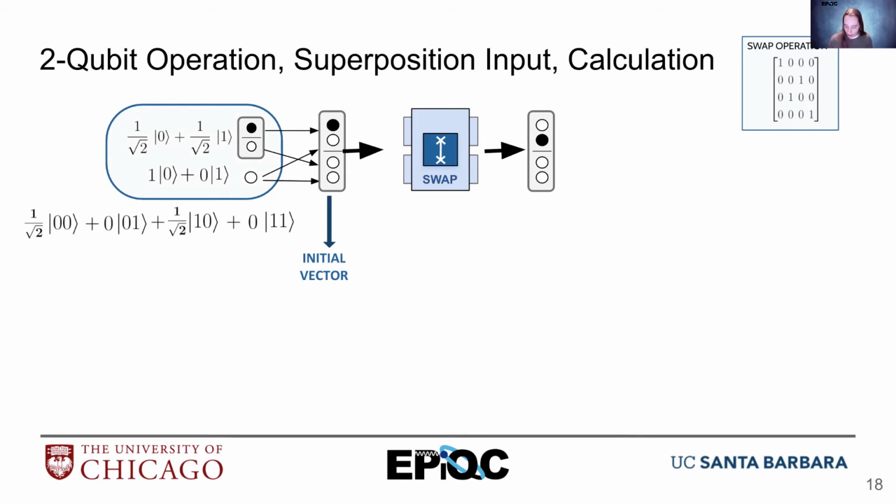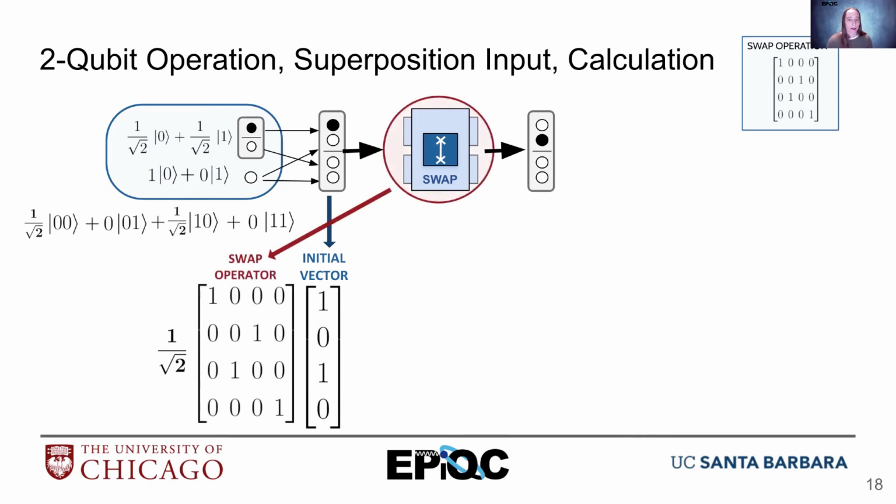So now that I have this, I can put down my initial vector. And this is when it's really useful to pull out the 1 over square root 2, because I don't need it inside while I'm doing my calculations, and my calculations will be a lot simpler if I use ones and zeros instead. So having this 1 over square root of 2 outside, that means that that's multiplied by all of those terms. And so that's 1 over root 2 times 1 is 1 over root 2. So I can do the 1 over root 2 calculation at the very end if I want to. All right, so I have my swap operator. And now I can do my calculation.